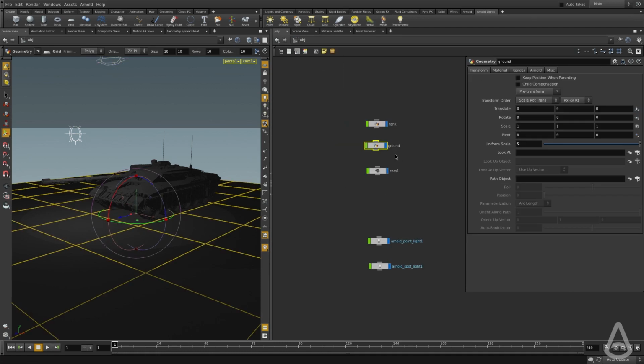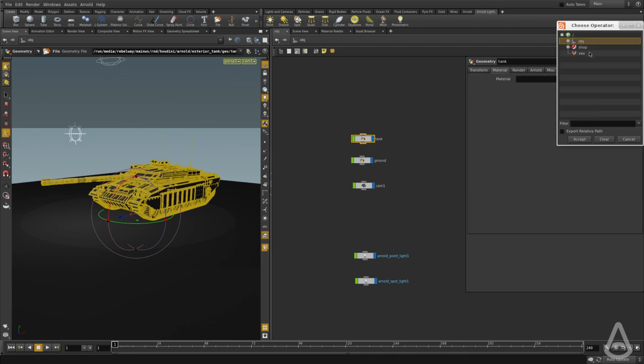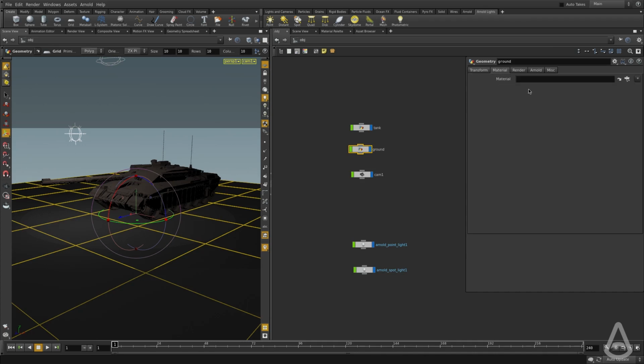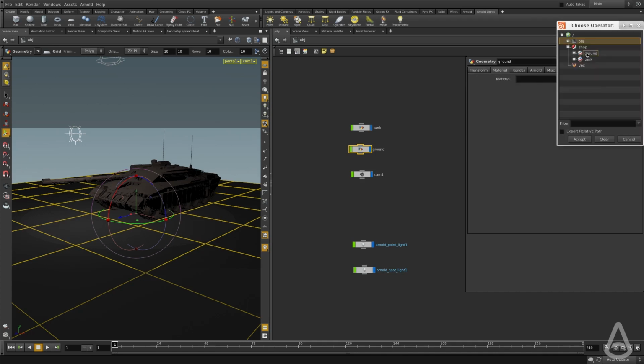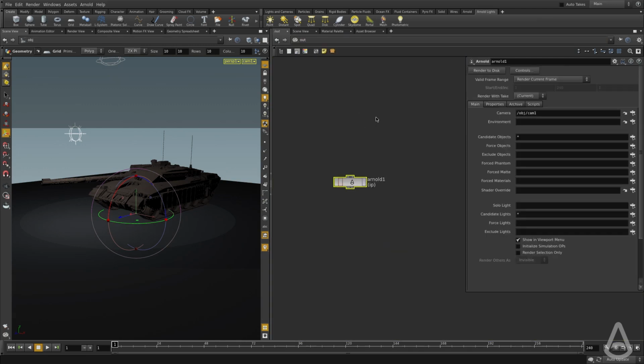Now I'm going to switch back to the object context, and we're going to assign the tank shader using the material tab. So I'm going to browse to the tank, and I'm going to select the ground, and again use the material tab, and I'm going to choose the ground in this case. Now we have created two lights and assigned two shaders. Now if we switch back to the out context and hit render, it's going to send the render to mplay again, and we should have